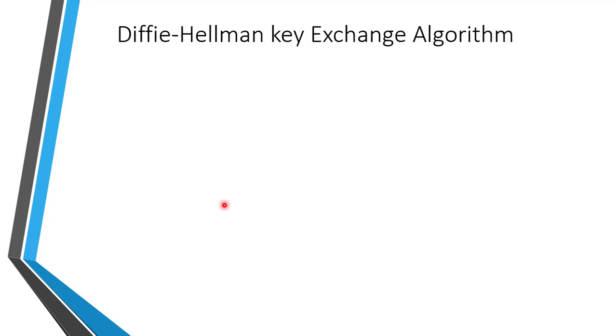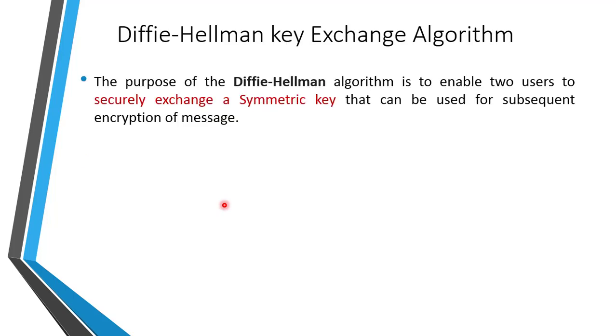So first of all, as the name suggests, the Diffie-Hellman key exchange algorithm is used for exchanging the key between the sender and the receiver. As we all know, in a symmetric key encryption algorithm, the sender and receiver share the secret key with each other. This secret key is shared between the sender and receiver using some secure channel, a third party, or a key distribution center. So there is a requirement of a secure channel to share that secret key. For that, this Diffie-Hellman key exchange algorithm is used.